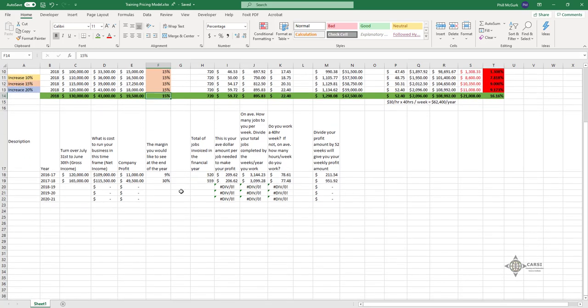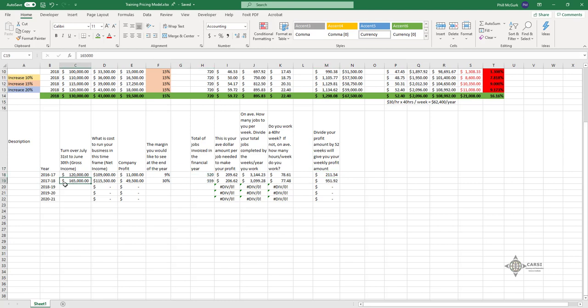So down here, these are just numbers that you can play around with. Now, these are the numbers, if you've got these numbers already from past years, put these numbers in. So let's just say in 2016, 2017, you made $120,000. It cost you $109,000 to make that. So that gave you $11,000 profit, or 9%. You did 520 jobs for the year. That was your cost per job, cost per week, cost per hour, which leaves you that much left over per